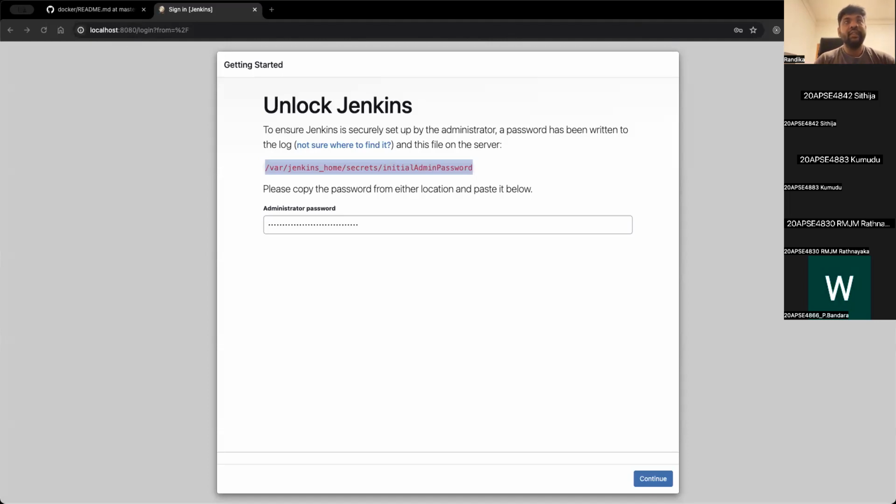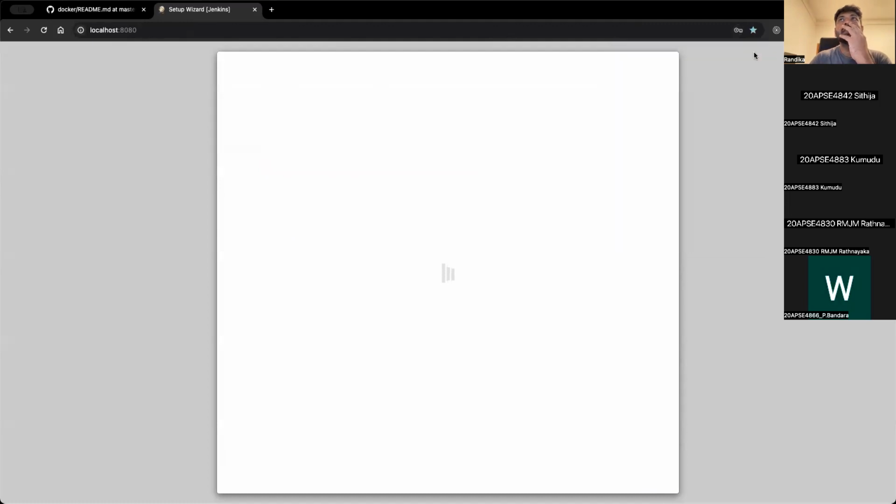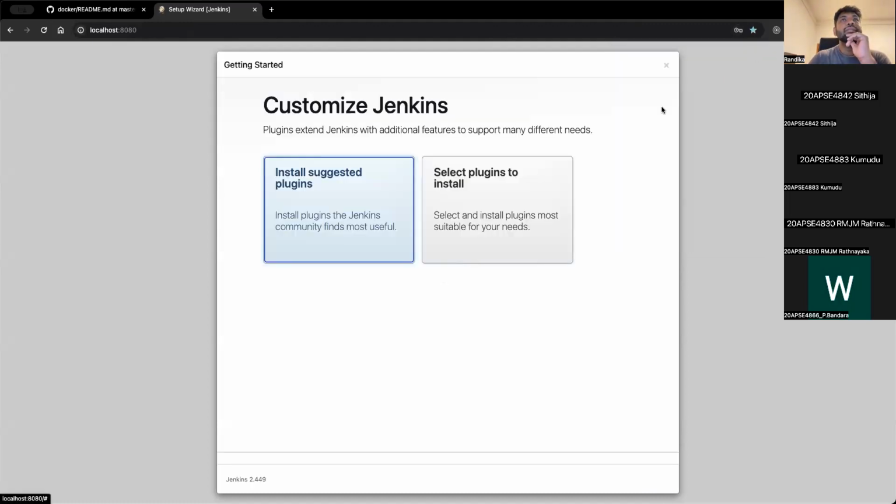So I'm going to exit from the container, then I'll be back on my machine, and I am going to give the initial password that I found in the file and hit continue. Okay, I don't want to save these things, no worries. And the next thing is installing the customized Jenkins plugins. So while this is running, even though we are learning Docker and Jenkins at the same time, we'll just